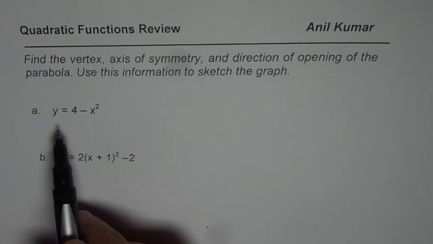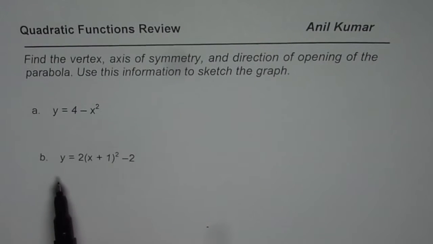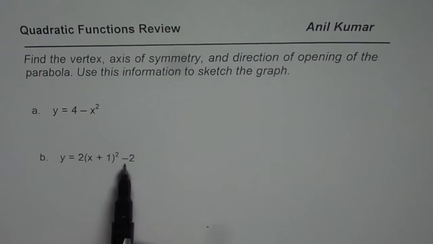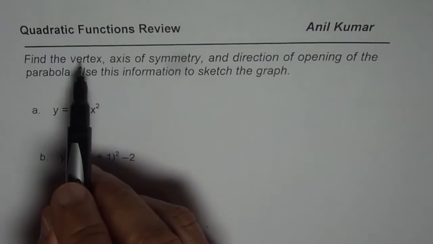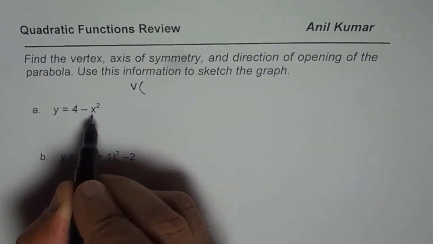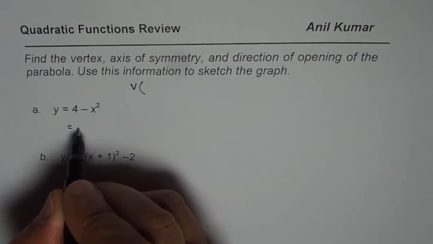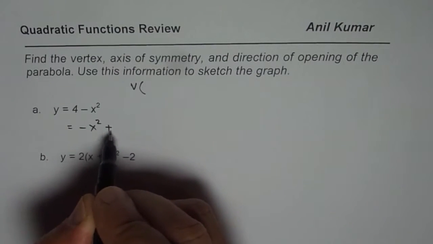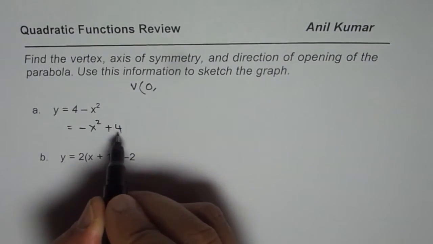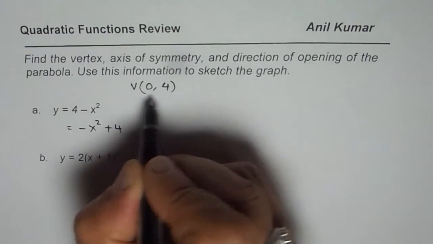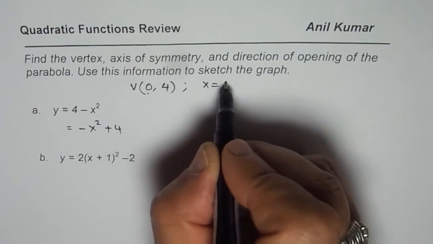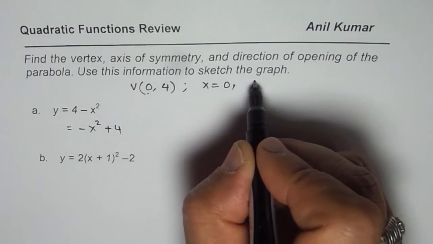So the two equations are y equals 4 minus x squared and y equals 2 times (x plus 1) whole squared minus 2. Let us first find all these details, and that is the vertex. Let me say V. Vertex will be what? Let us rewrite this: minus x squared plus 4. It becomes easier to understand. So the x value is 0, the y value is 4. That is the vertex. The axis is x equals 0, and the direction of opening is it opens